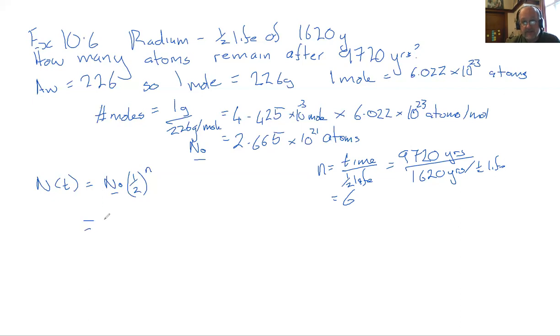So we've got N is equal to 2.665 times 10 to the 21 atoms times half to the power of 6. So let's try that. So 2.665 x 10^21 times 0.5 to the power of 6 equals, I make it 4.164 times 10 to the 19 atoms